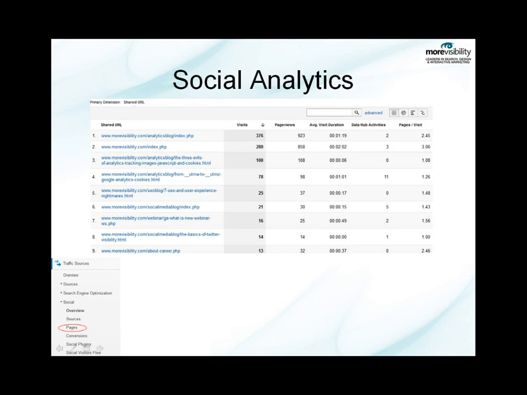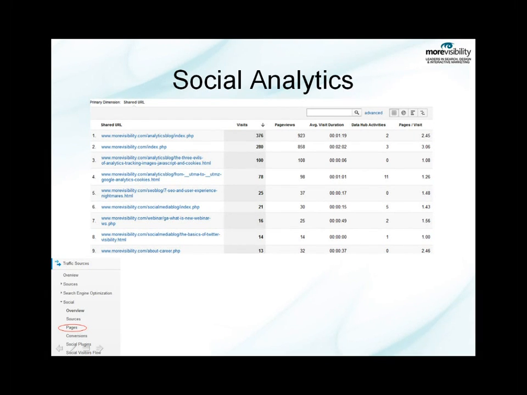So let's move on from that. Let's move to the next section of this social area of reporting, and that's really the pages report. So this is again talking about duplication. This is very, very powerful because if you think about that broader definition that I talked about earlier of social media, where it really is kind of anywhere that your content is shared online, doesn't necessarily have to be a social network, etc. This answers the question in terms of what people are sharing. So these are URLs that are out there coming to your website, and